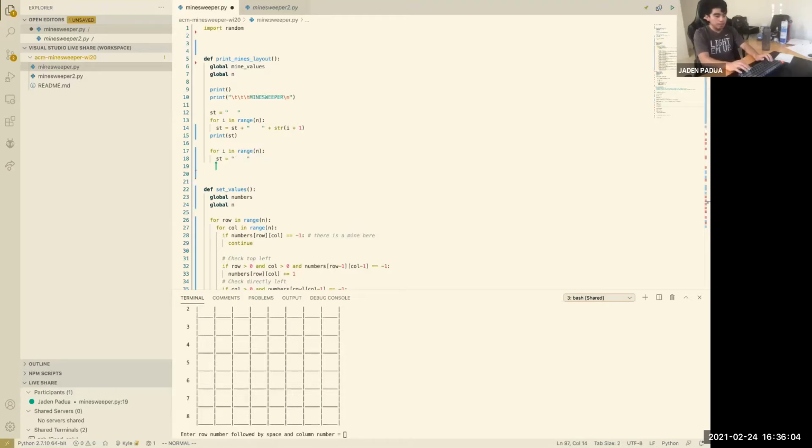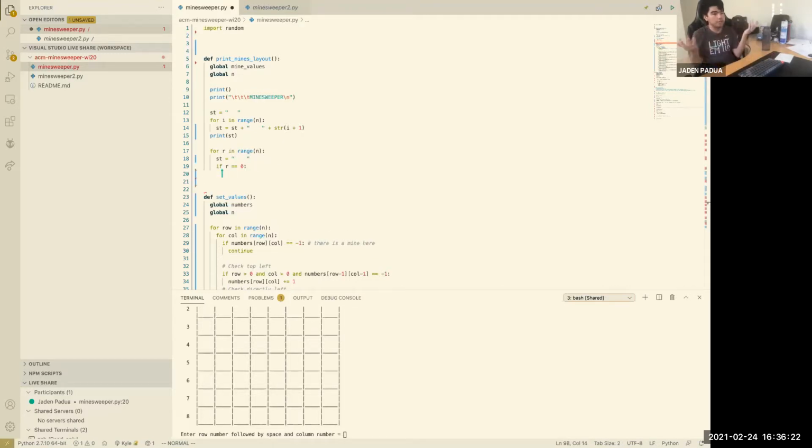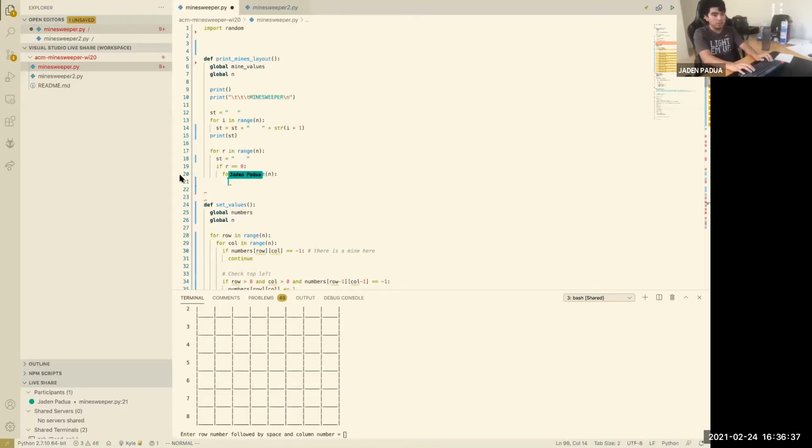Basically, what we're saying is, if we're on the first row, so if our row is equal, oh sorry, this wouldn't be i. Let's just change this to r, because we're gonna go through every single row in our n. So if row is equal to 0, that means we're on the first row, intuitively. So for every column in that row, we need the upper bar, the bar that encloses everything. So for every column, we're just going to say string is going to equal the string plus